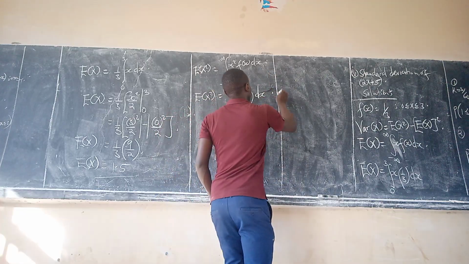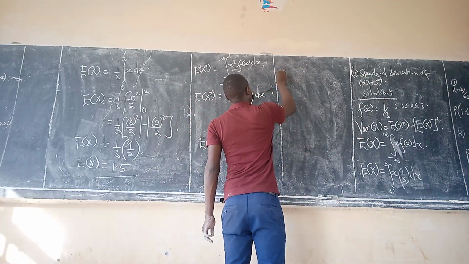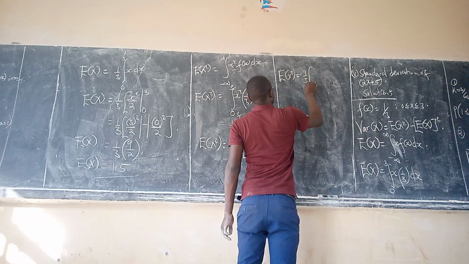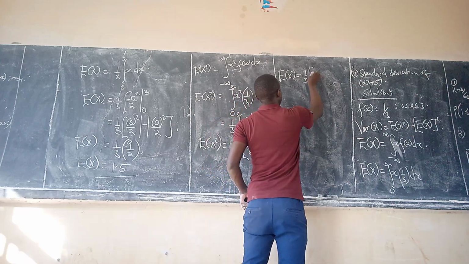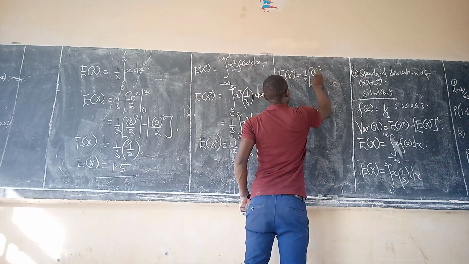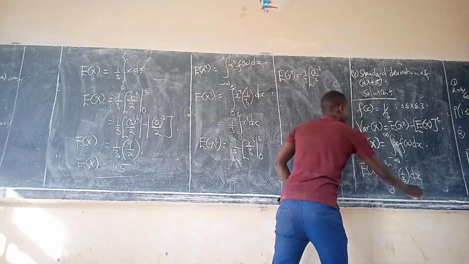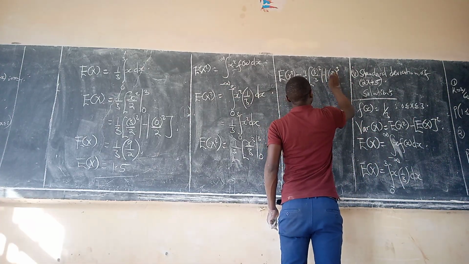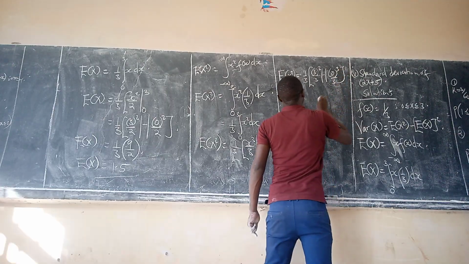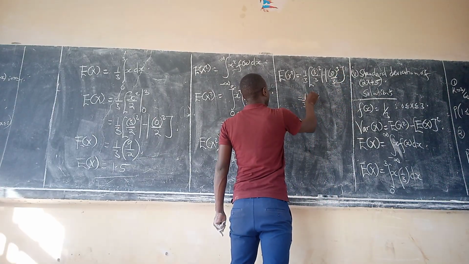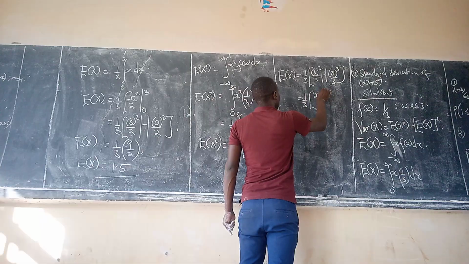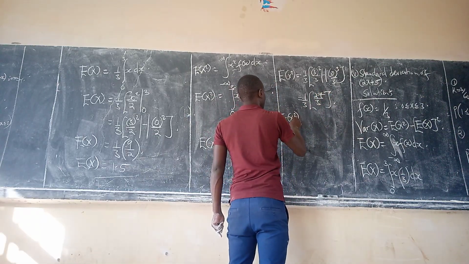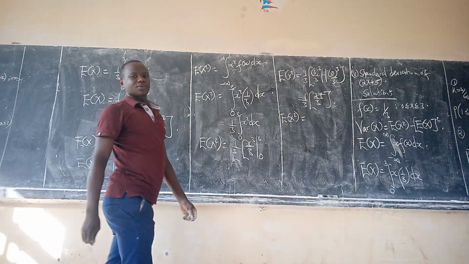Putting the upper limit, it is 3 cubed over 3. Putting the lower limit, it is 0 cubed over 3. So we shall have a third into 27 over 3. And the expectation of x squared is going to be